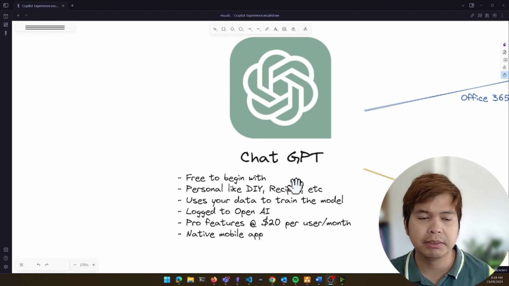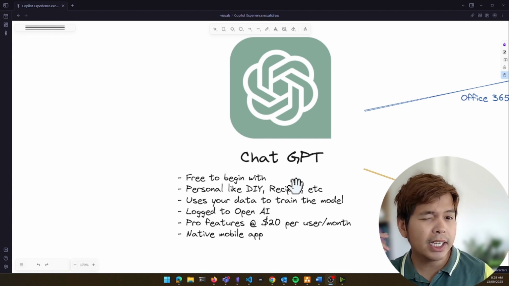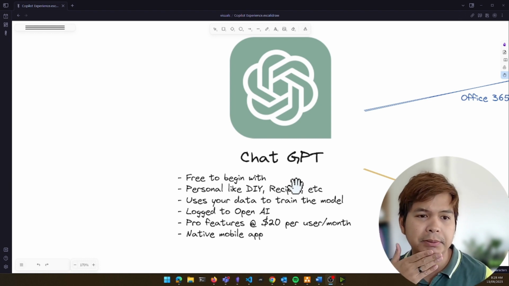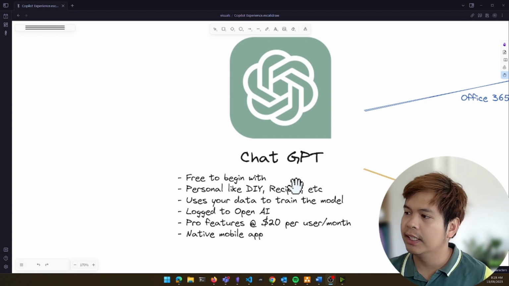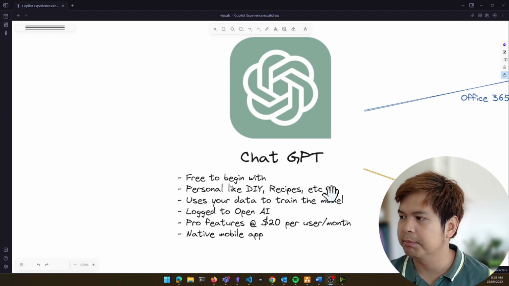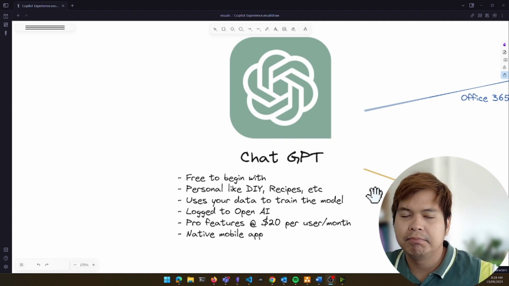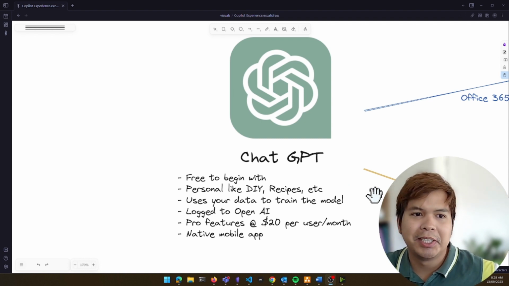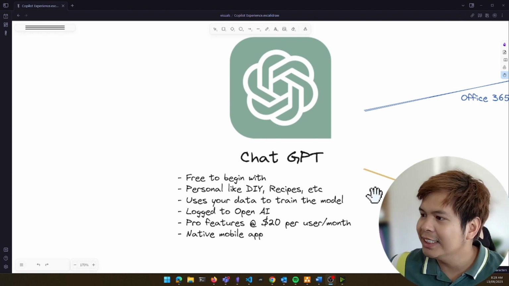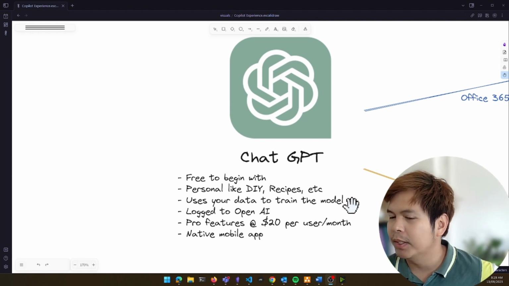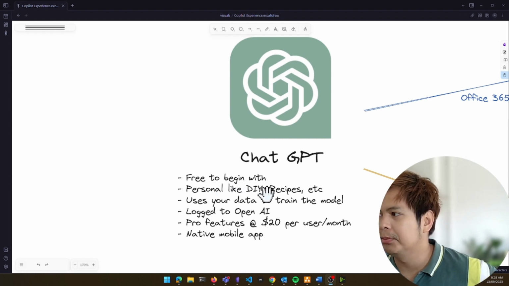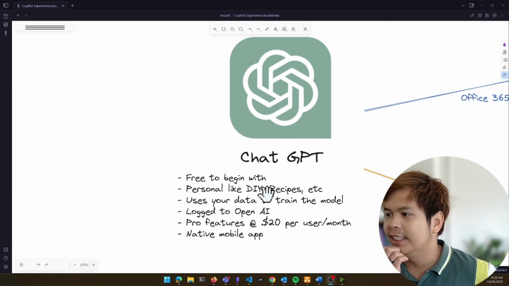I think their base model, GPT Turbo 3.5, is still free, and it's very good for things like personal DIY, recipes, or any sort of hobby-based capabilities. And then one downside of ChatGPT though is that it's actually